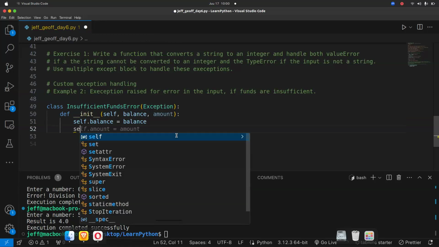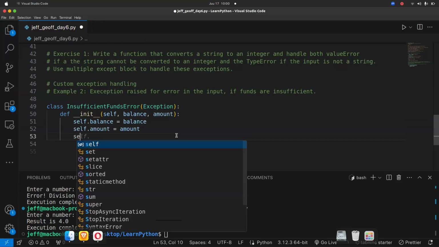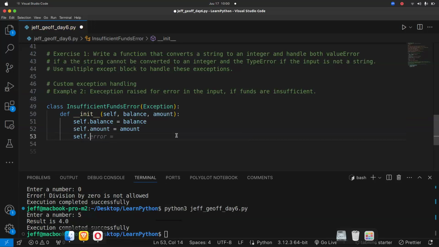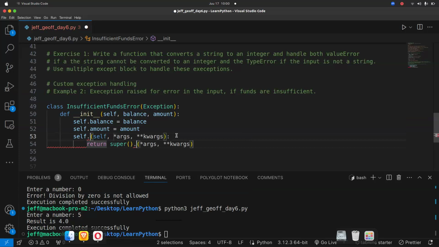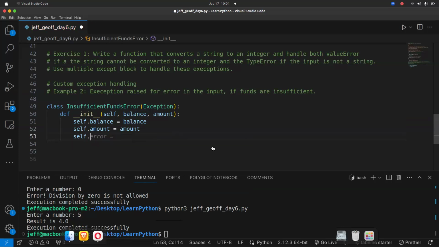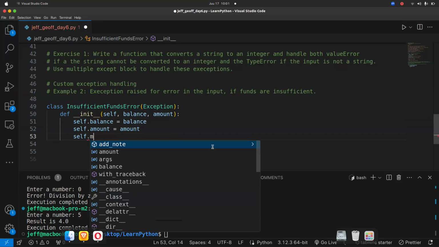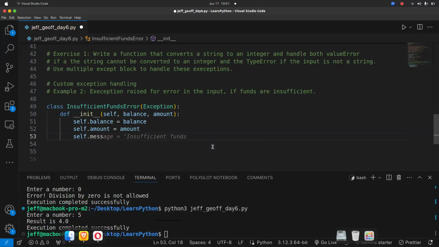Then we can also have for self, this time round, a message. Always when you're withdrawing your money, you need that message. So we need a message. And what is the message?